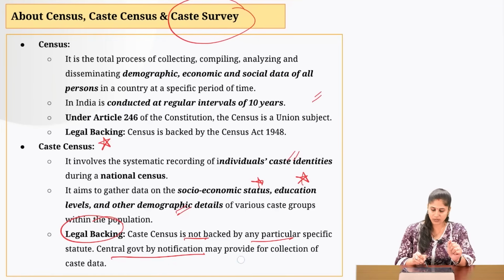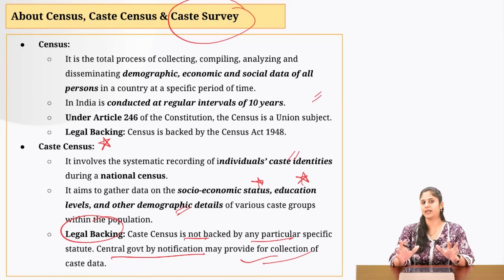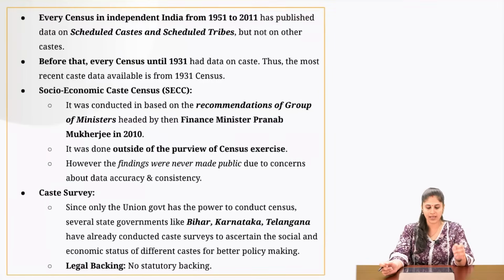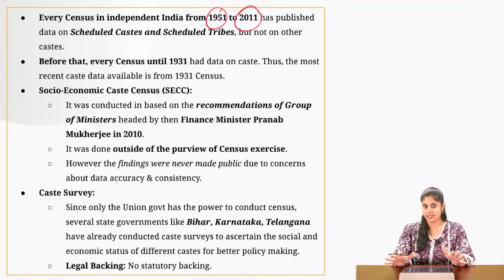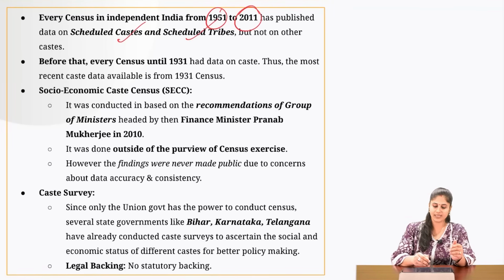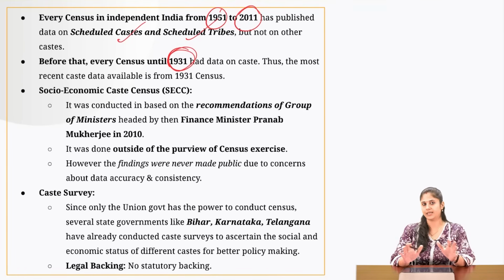The central government by notification may provide that caste identity related data would also be collected along with the ongoing census exercise. Every census in independent India from 1951 to 2011 has published the caste-related data when it comes to SC and ST, but no caste-related data are collected when it comes to the other caste. Before that, till 1931, we collected the caste-related data with respect to all the castes which are